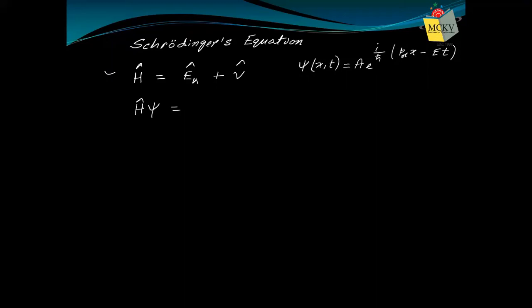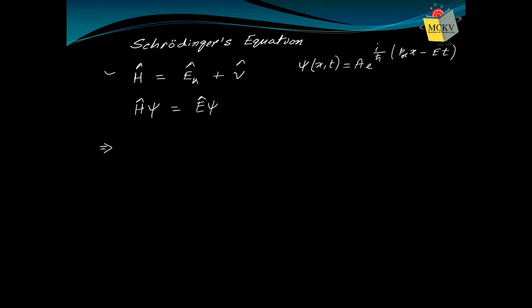And from our knowledge of classical mechanics, we know total energy is also represented by kinetic energy plus potential energy, isn't it? That's how we are taught in classical mechanics. Therefore, I can say this equals the total energy operator operating on psi also. This should be the same under a conservative system. The Hamiltonian operator, when it operates on psi, gives a value. That same value should be obtained if the total energy operator operates on psi, because the Hamiltonian operator and the total energy operator represent the same thing in a conservative system.